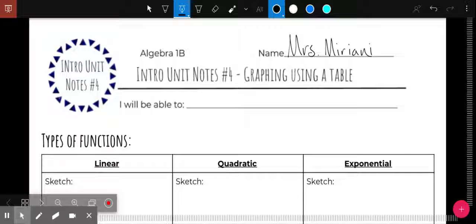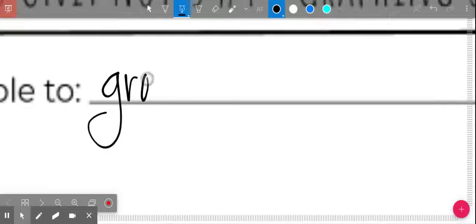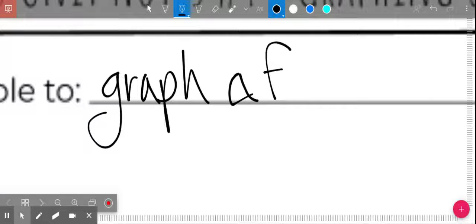Alrighty, so today we're going to be looking at our intro unit, notes number 4, and we're going to be graphing using a table. So we're going to be making input and output tables, either by hand or with a calculator, and graphing those. So today I will be able to graph a function, that's an A,